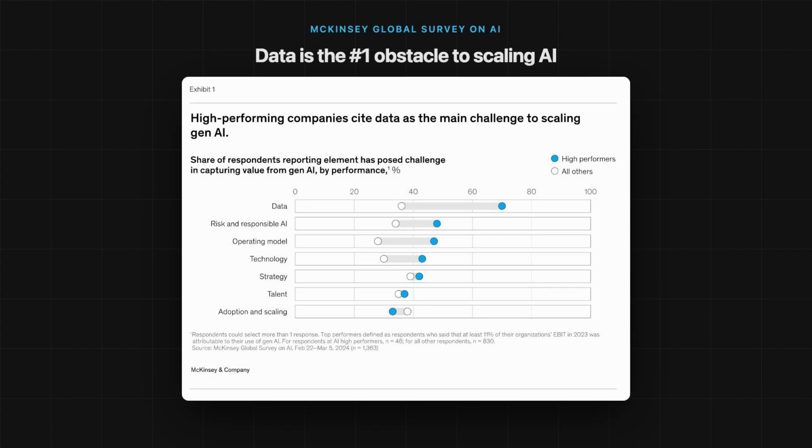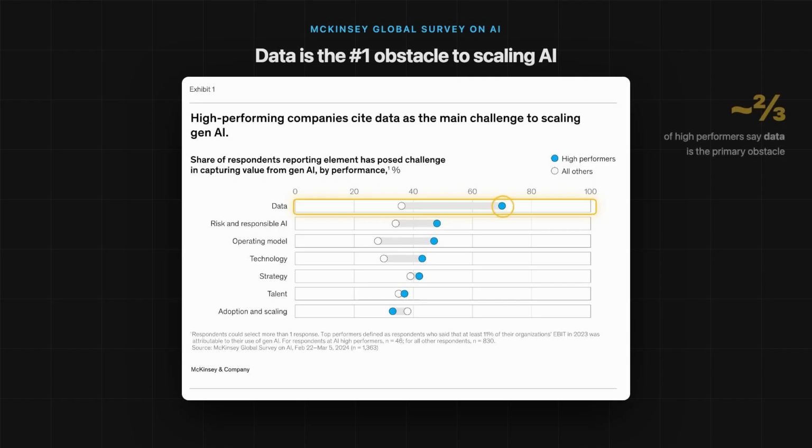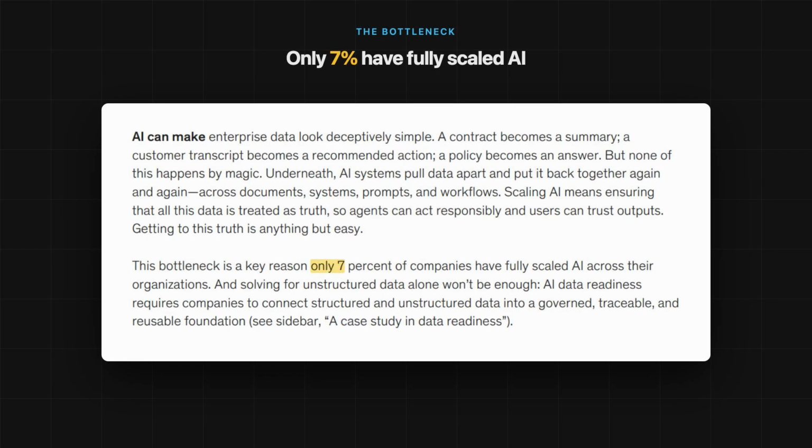When you're implementing AI inside of your company, one common problem that you're going to see is AI data readiness. And actually, in a McKinsey report, this is one of the most cited problems. Here, they say that more than two-thirds of high-performing companies say data is the primary obstacle for enabling AI. And according to them, this is one of the key reasons why only 7% of companies have a full scale